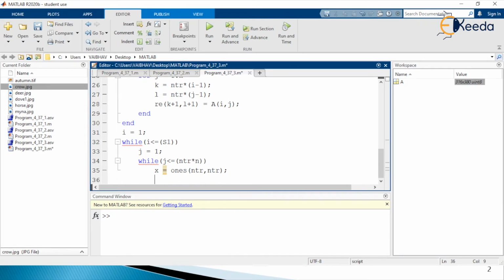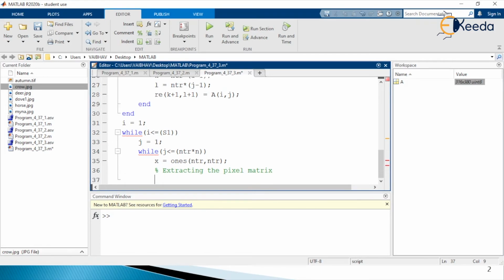Now let us have the important phase of extracting the pixel matrix. So I just mentioned here extracting the pixel matrix. For that purpose we are making use of for loops again. This time it is small p as the index variable for this for loop, starting with the value 1 iterated to the value ntr.